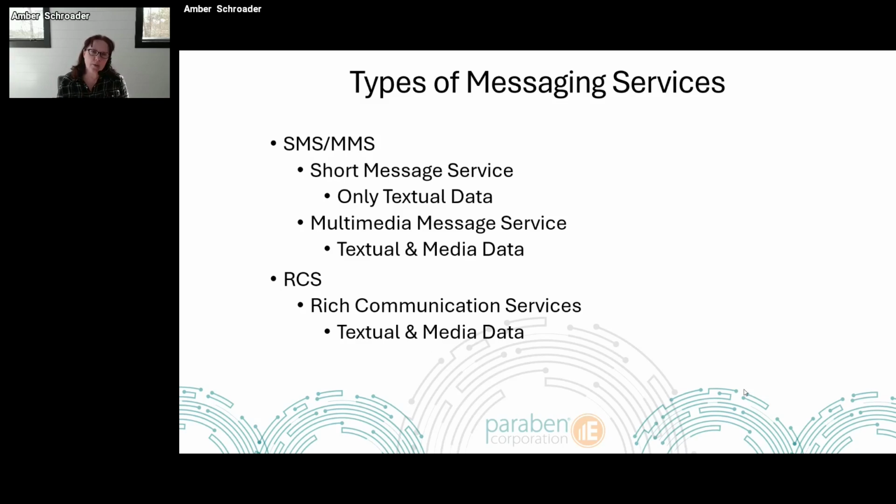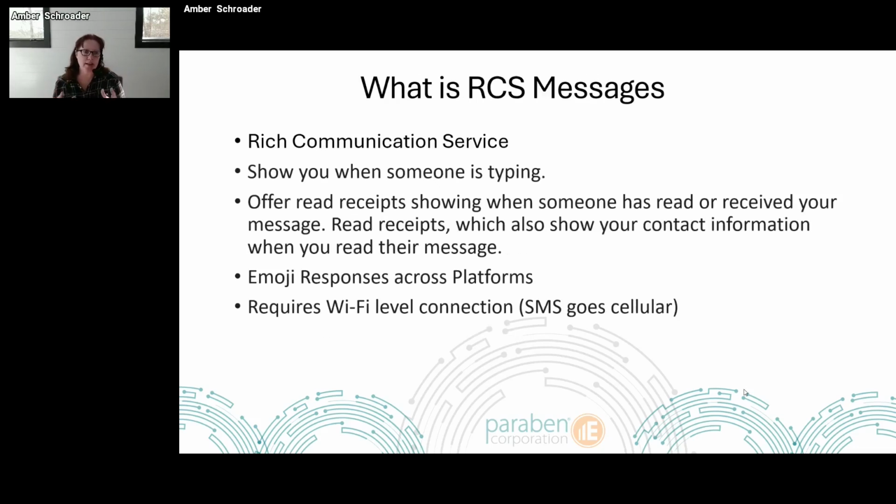Then last fall, we really saw the implementation of both Android and iOS into RCS messaging, which is a rich communication service. This allows you to do textual and media data, but that extra step further that it goes with it is really what makes the two kind of blend. It allows you to see when someone is typing a message, which typically when you went from two opposing sides, so our iPhones and our Android users, that was not something that could bridge that gap. You wouldn't see our typing bubbles, our dots that people are so excited about seeing. RCS messaging has changed that. So now we can see it between two different platforms, both between Apple and Android.